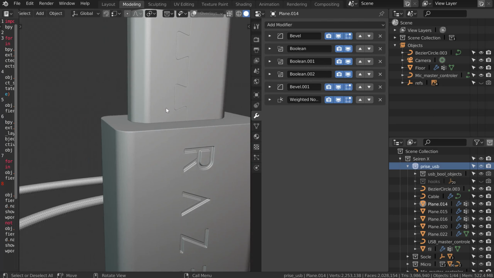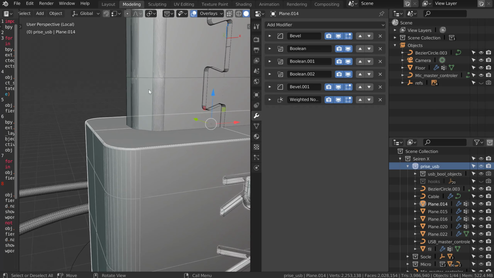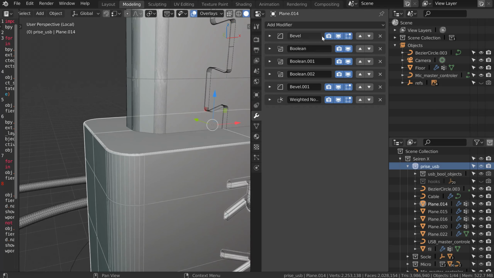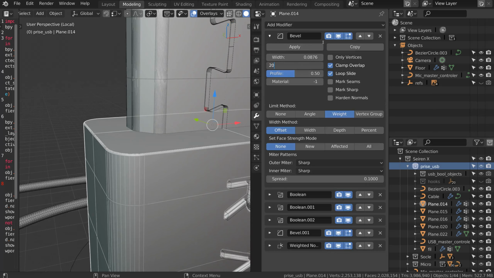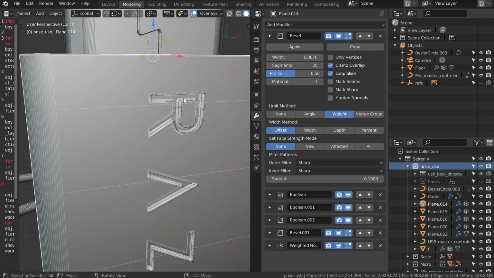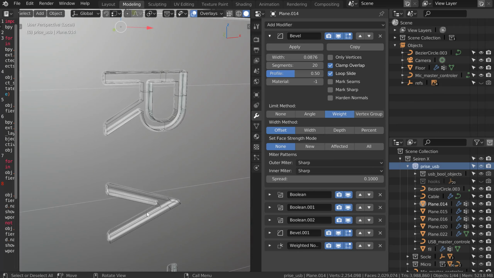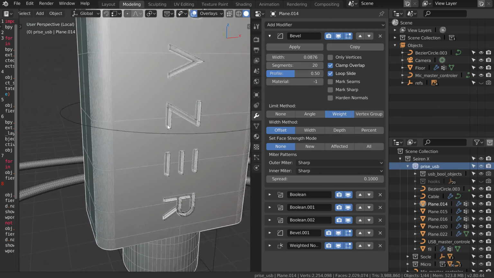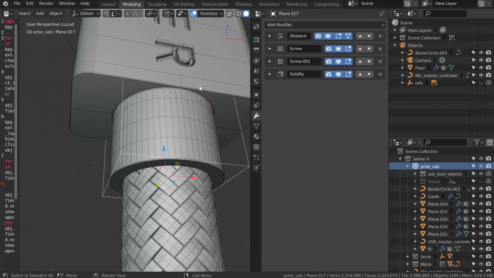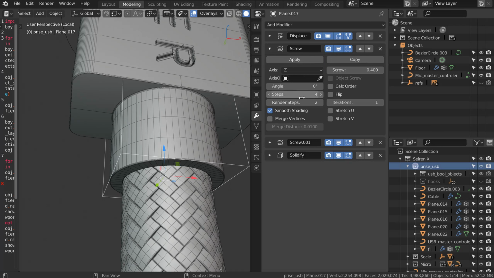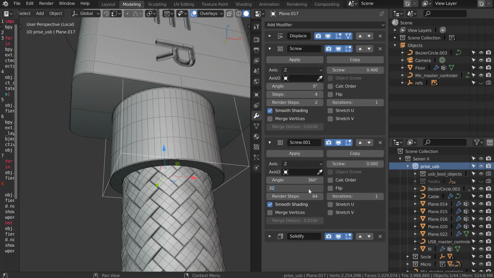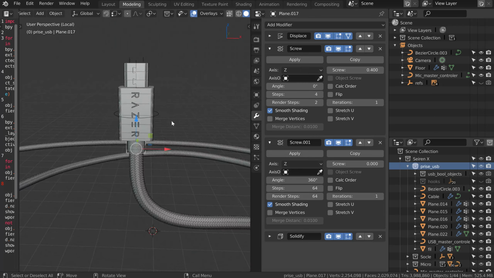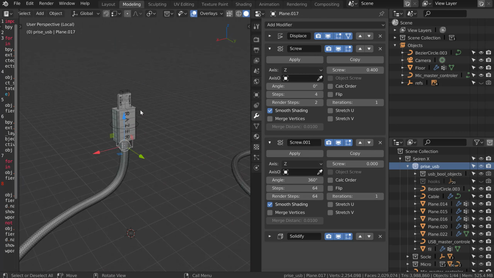On this one I can select the object, I can edit the bevels, so I have to wait here. I can edit the bevels, this one, the width, the number of segments, like that. I can edit the last bevel, I can edit this object, I can make it more inside the other one. I can do everything. I can select this one, I can edit this screw. For example, if I make something like that, as you can see, absolutely everything is editable. And this is for me really interesting because I can do whatever I want.